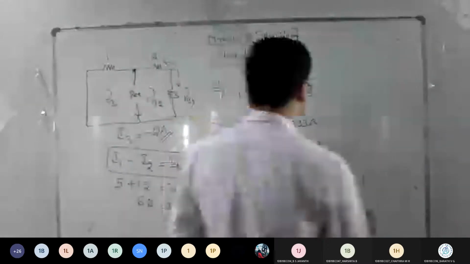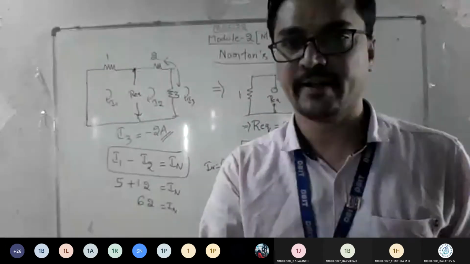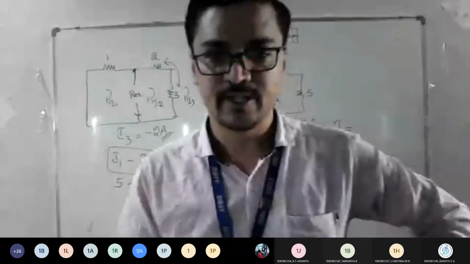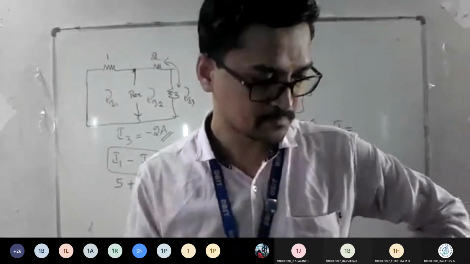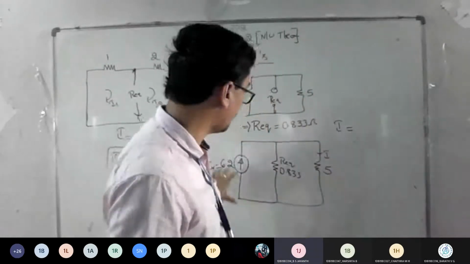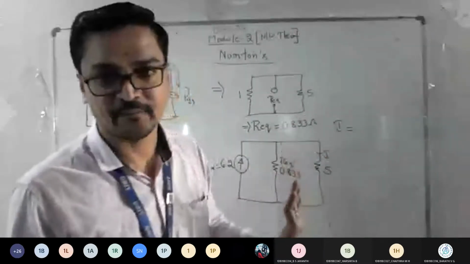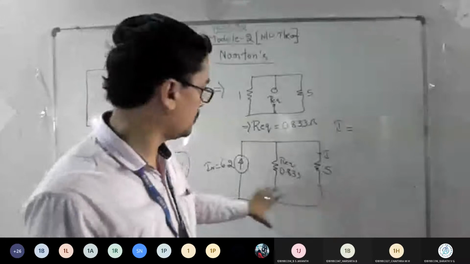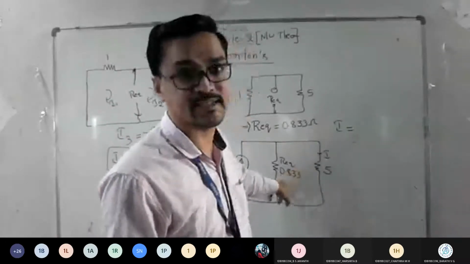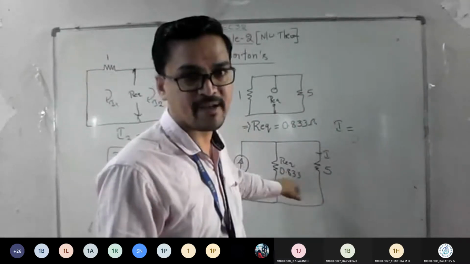Now how will we find I? I hope you remember how to find I. Here a current source is there, and the current I should be found. Can you tell me how to find it now? Sir, we apply the current division rule, sir. Good. Whenever you find two sources, that is current. This I is like a branch current now. So branch current is equal to main current into the opposite resistor, for this it is 0.833, divided by the sum of the two.